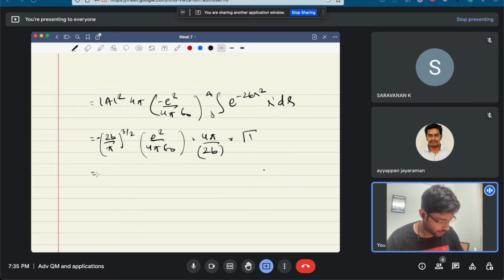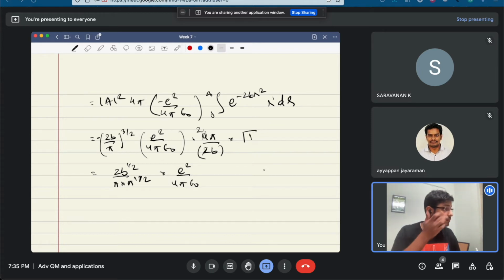So we have 2b cancelling one of them out, so we have 2b to the power half, and there are too many pi's, so we have pi half e square by 4 pi epsilon naught. This cancels, so somehow it's supposed to be 4 pi by 4b. I'm not sure where I'm missing a 2 factor. Ultimately what we are supposed to get is something like